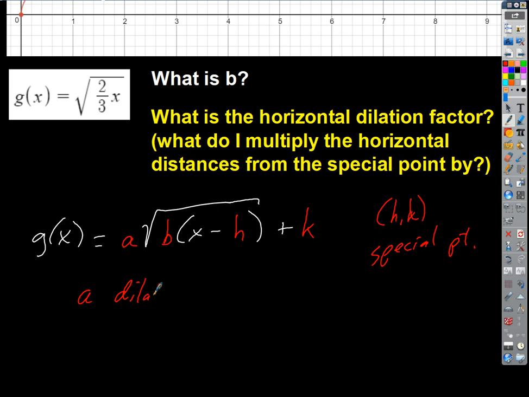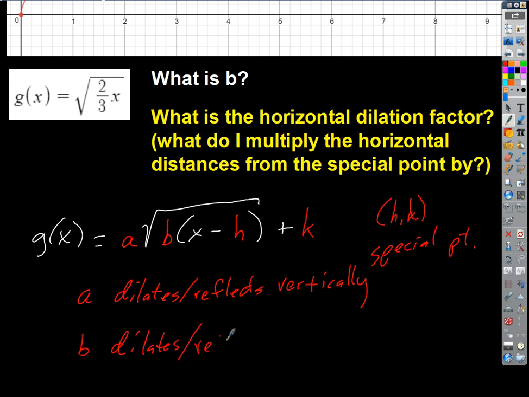So a dilates and reflects vertically. How about b? That's the horizontal one, right? b dilates and or reflects horizontally. So in this case, what are h and k